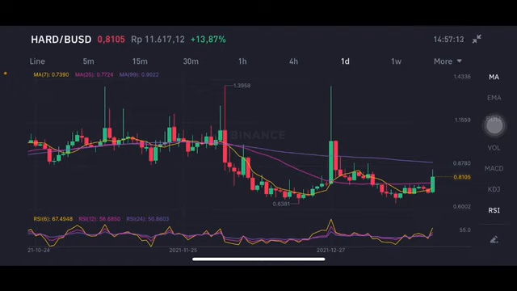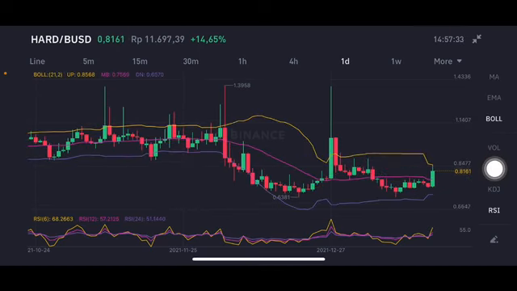I'm not a financial advisor. I'm just gonna give you some predictions using technical analysis. We're gonna start with the HARD per USD here. Try to go to the purple one side, the moving average 99 at 0.9022 US dollars, right? This one. If they can push the price there, but still on the sideways places. The stochastic is in a natural position, not overbought, not oversold.